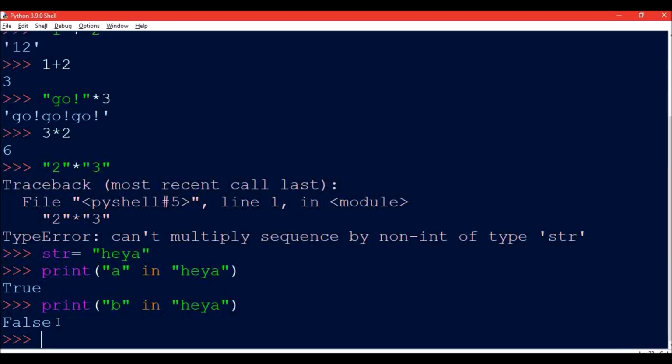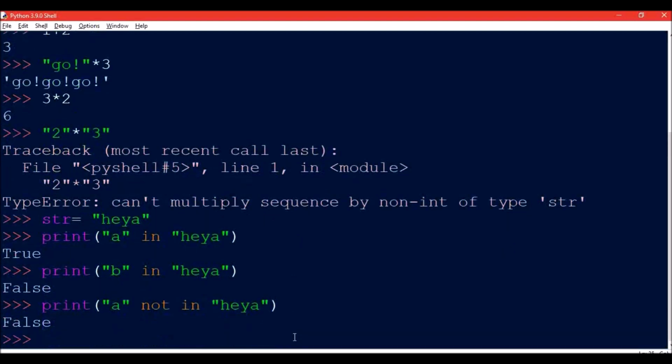And not in is just the opposite of this. If I write print A not in the given string, what will be the answer? The answer will be false. Why? Because A is present in the string, so it is the opposite. A not in str will be false because A is there in the string.